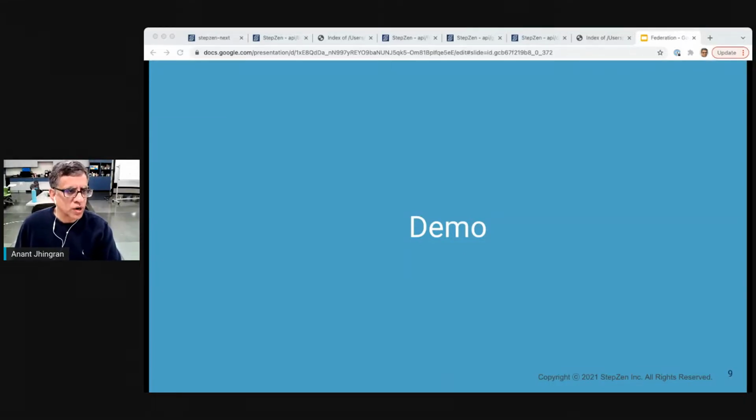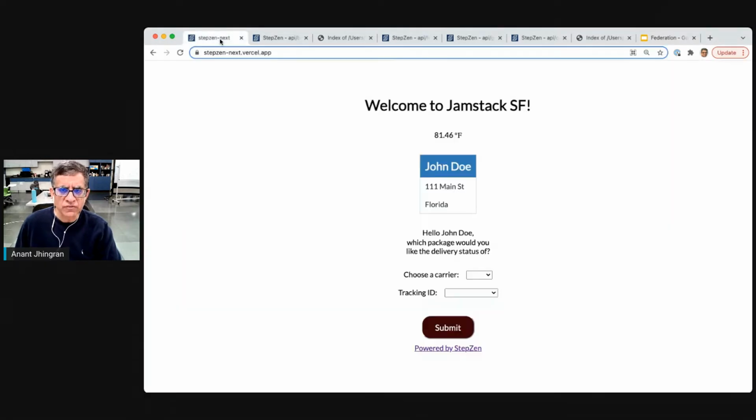I'm going to walk you through how you build small, medium, or large graphs in StepZen and how you do it with exactly the same skills, irrespective of the size of the graph that you're building. So let's get started. Imagine that you're building a website that supports data that is somewhat static, like the customer data, or it might be dynamic, like weather data, or it may be partially static, like delivery, which is partially static in the beginning and then dynamic near the end of the delivery.